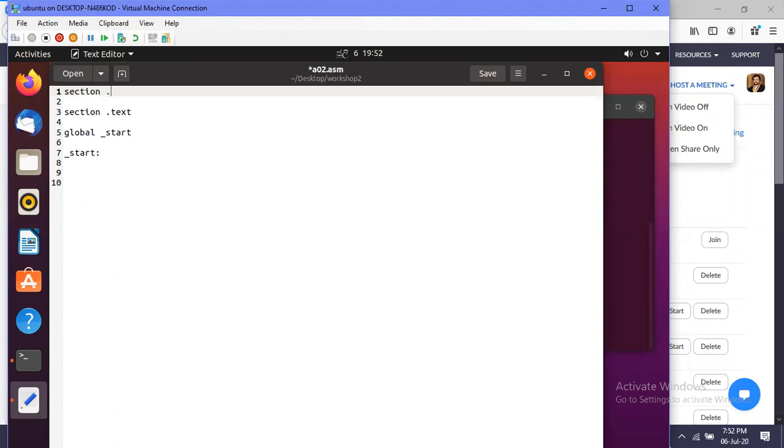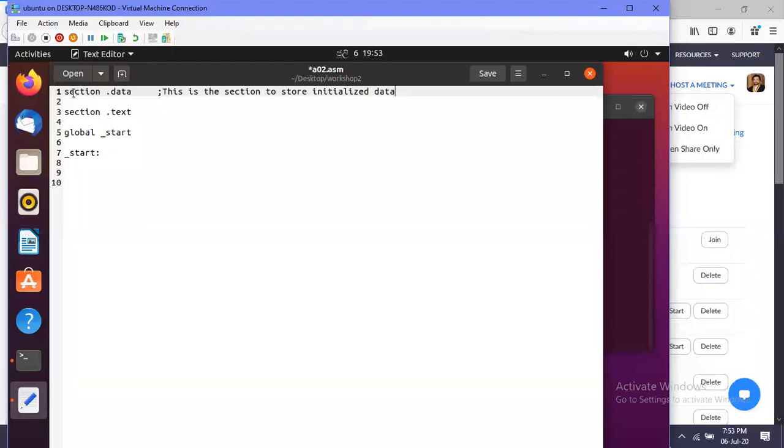We identified it as section .data. Since I didn't teach this one, I'll comment this one. This is the section to store initialized data.